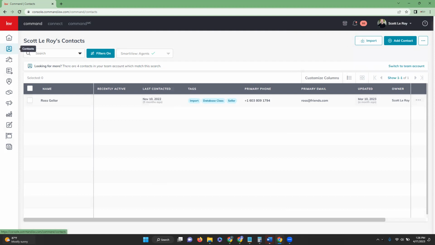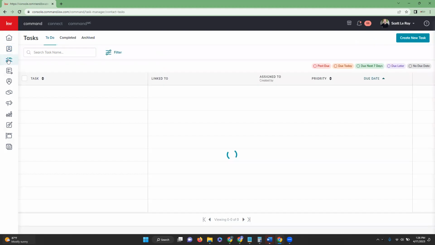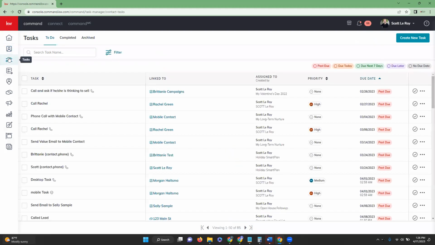All right, next we are going to go to our tasks. This is going to be your reminders of follow-up for either contacts or any opportunity tasks that you have set up. Right now you're going to see that we are in our to-do list. If we scroll down, we're going to see our header. It's going to tell us the task name,